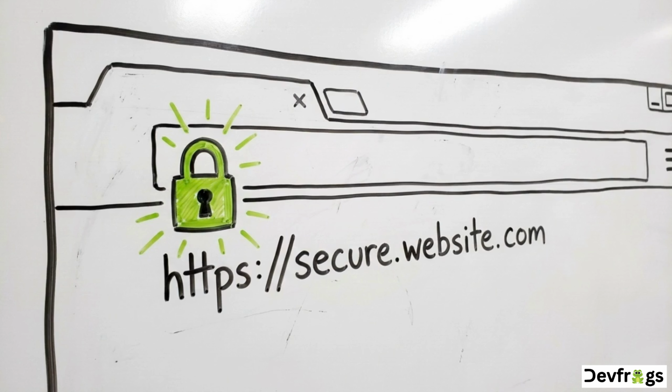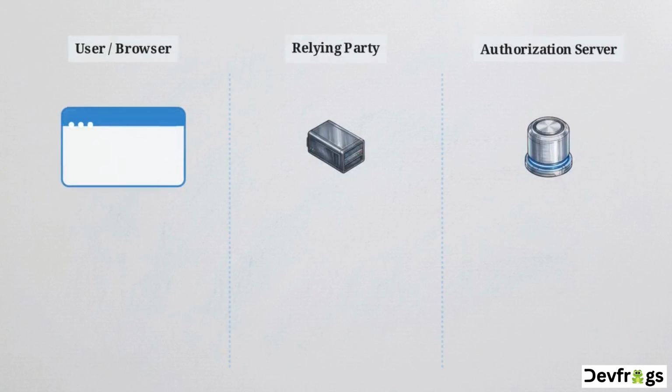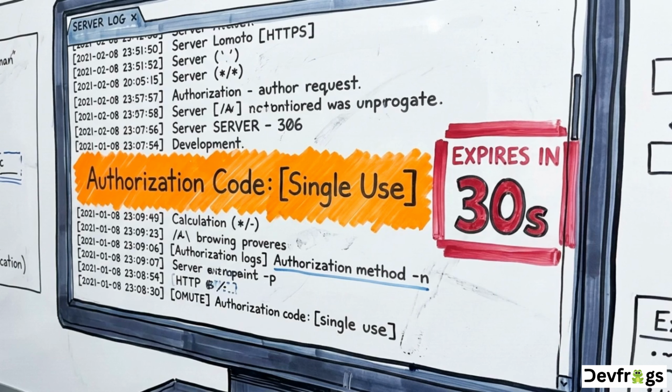By enforcing a rigid browser redirect, you permanently block the individual applications from ever seeing or logging the user's raw password. Once the user successfully authenticates, the authorization server triggers a callback. It redirects the browser back to the original application, delivering a specific data packet called an authorization code. This code is not a persistent user session. It is simply a temporary, single-use string confirming that a login event occurred.